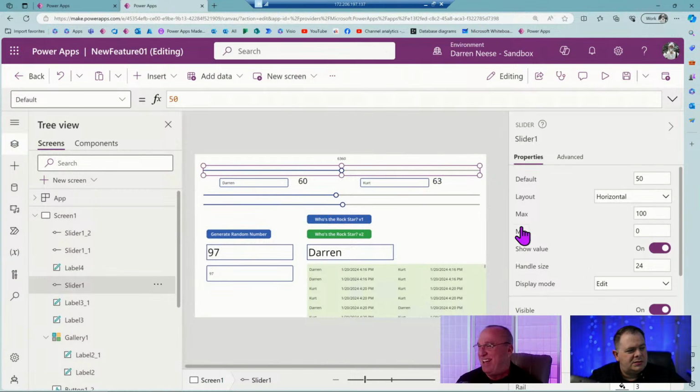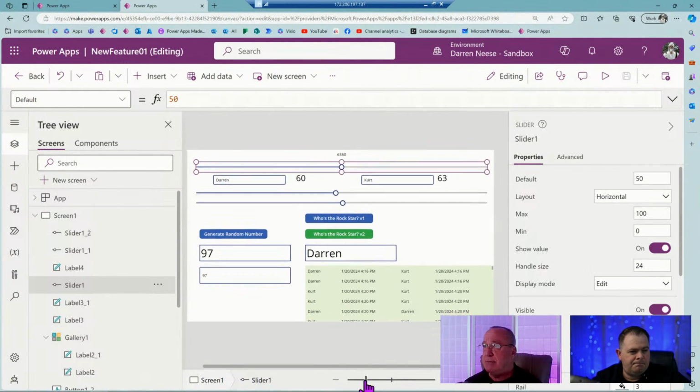So I was thinking for this slider, it would be 0 to 100. So we can take these values and figure out the difference or something. Where should this little circle be within this slider based on 0 to 100? Exactly right. So we've got two sides here, a left side and a right side. Darren's on the left, Kurt's on the right. So two numbers, 63 and 60. The highest number is going to be the side that we work from, left or right, which would be plus or minus in this case.